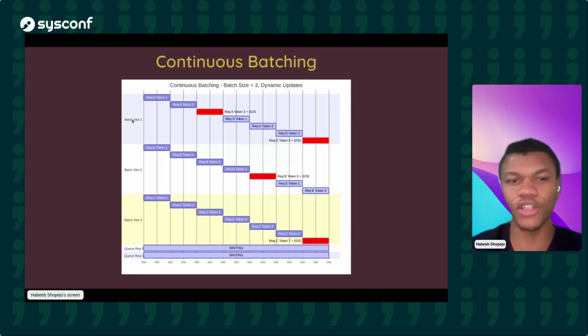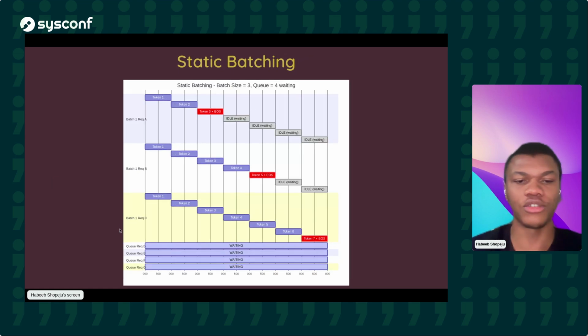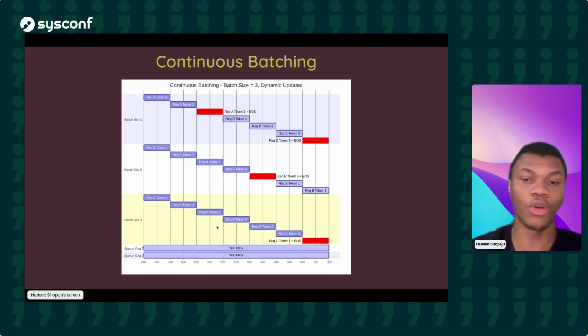Now you have batch slots 1 to n, depending on how much memory you have to work with. As in the case with static batching, you do not have 4 requests waiting anymore. You only have 2 because there's no space anymore on memory. But then slots 1 and 2 are being taken up by request D and request C as soon as there's available space on memory. So that's essentially what continuous batching is.